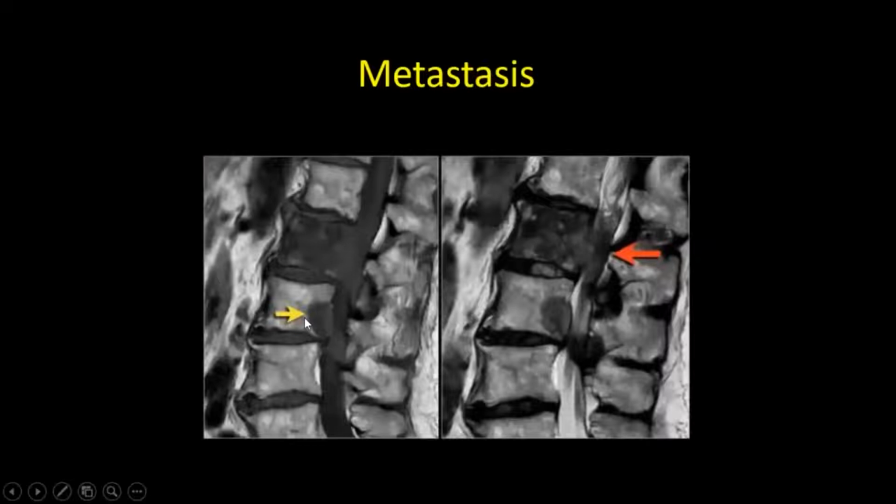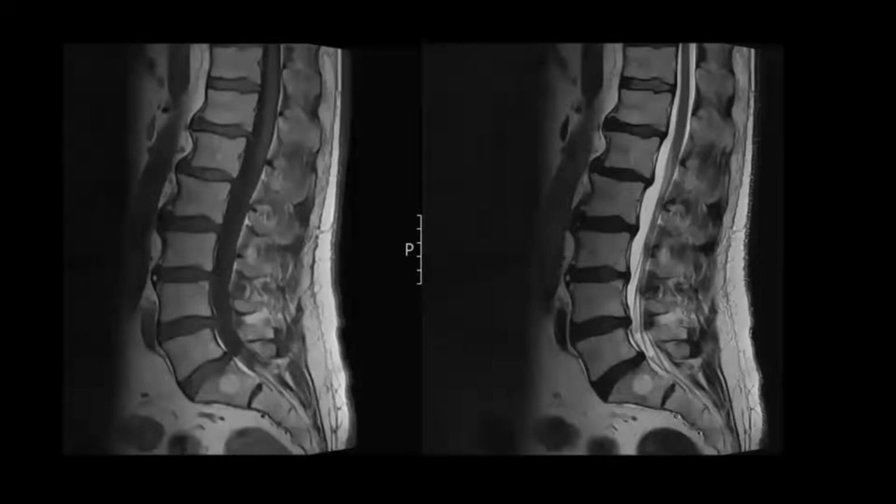Moving on to certain other cases that you usually encounter are METs. METs are usually hypointense on T1, and as they increase or diffusely infiltrate the vertebral body, there can be a loss of height, there can be retropulsion of the vertebral body itself due to fracturing, or as in this case, there's an associated soft tissue component which is causing narrowing of the spinal canal. But the first time you see a lesion in the spine,